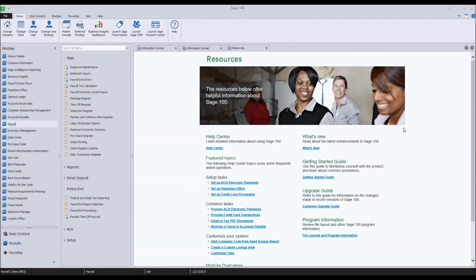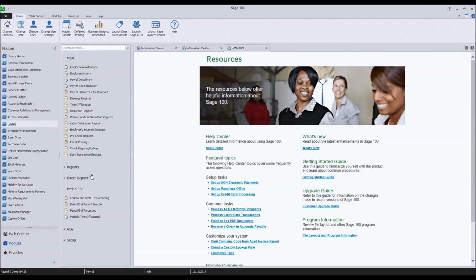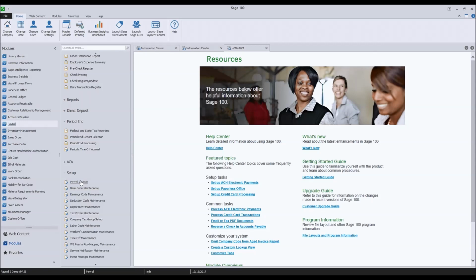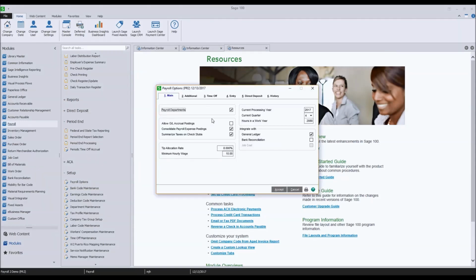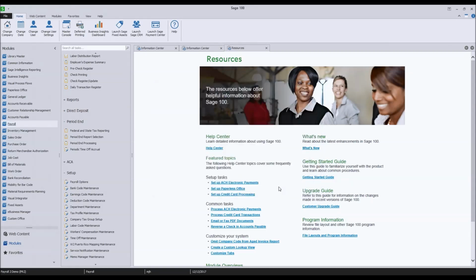From a data entry perspective, you see here that we still get the pay cycle prompt, but if we get in and define in our options that we want to do the batch processing, we can enable our payroll batches.